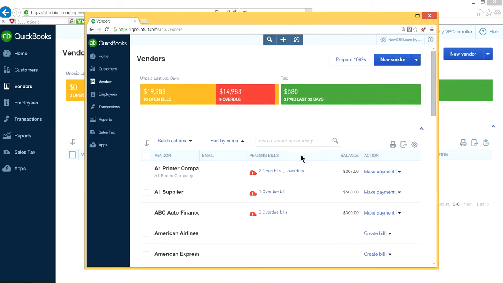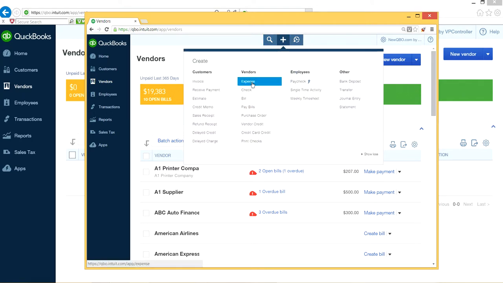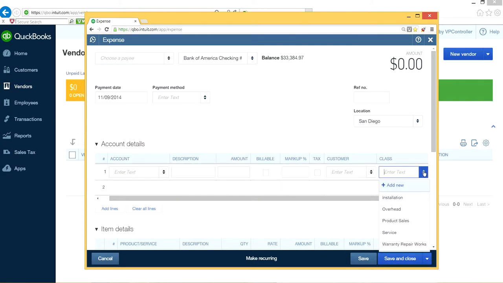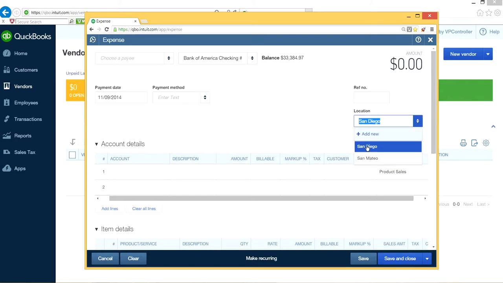And then if you want tracking by class, it's right here. So you can select class. Let's say you're selling products, just select products and location. Let's say you have location set up. You have two offices, one in San Diego and the other one in San Mateo. You can select location like that. This is a good feature to have. You know, if you need product sales tracked by class, you need